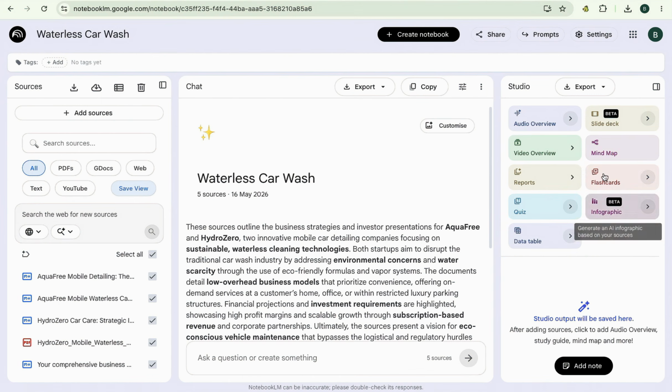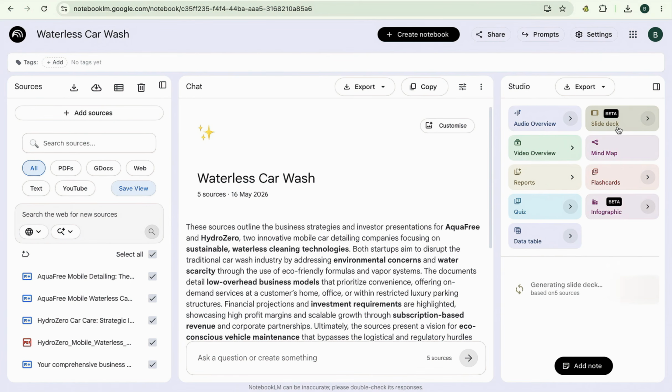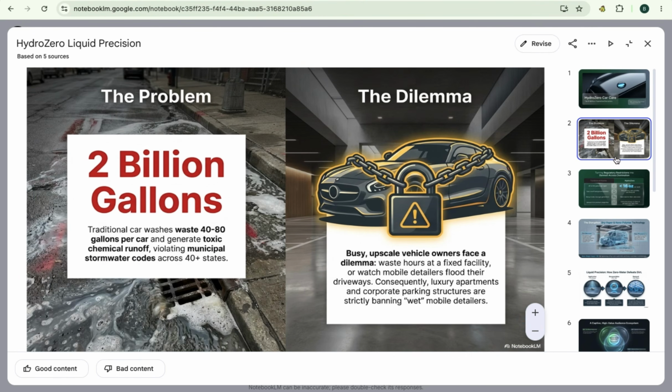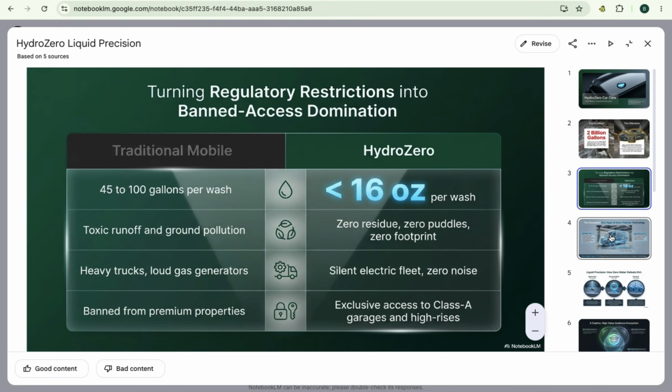First, let's try the traditional approach. Click on Slide Deck and let it generate automatically. And there it is. Honestly, not bad at all for zero effort, but watch what happens when we take control